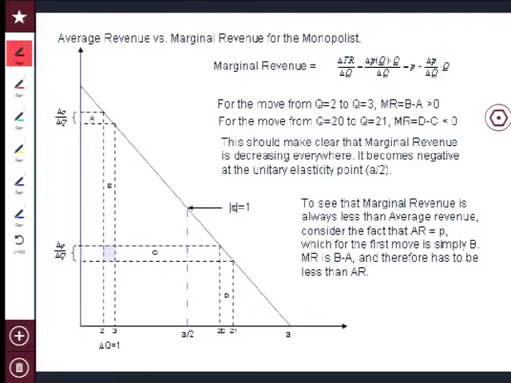So as you move down, you gain for 1 unit what price is, and you lose for all the units you're producing the change in price for those units. So that first term P right there is your vertical box. The second term, change in P over change in Q times Q, is the area of the horizontal box. So as you wander along the demand curve, the relative size of these boxes changes, and marginal revenue drops along the demand curve. So next time I'll show you what this means for a linear demand curve,